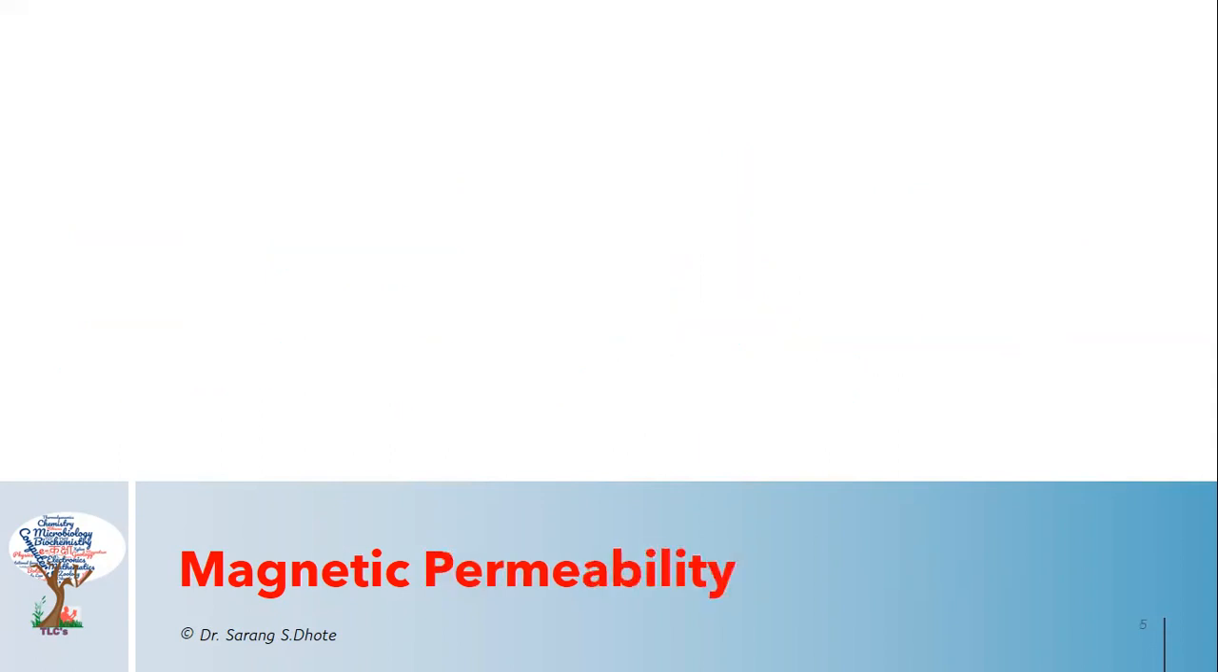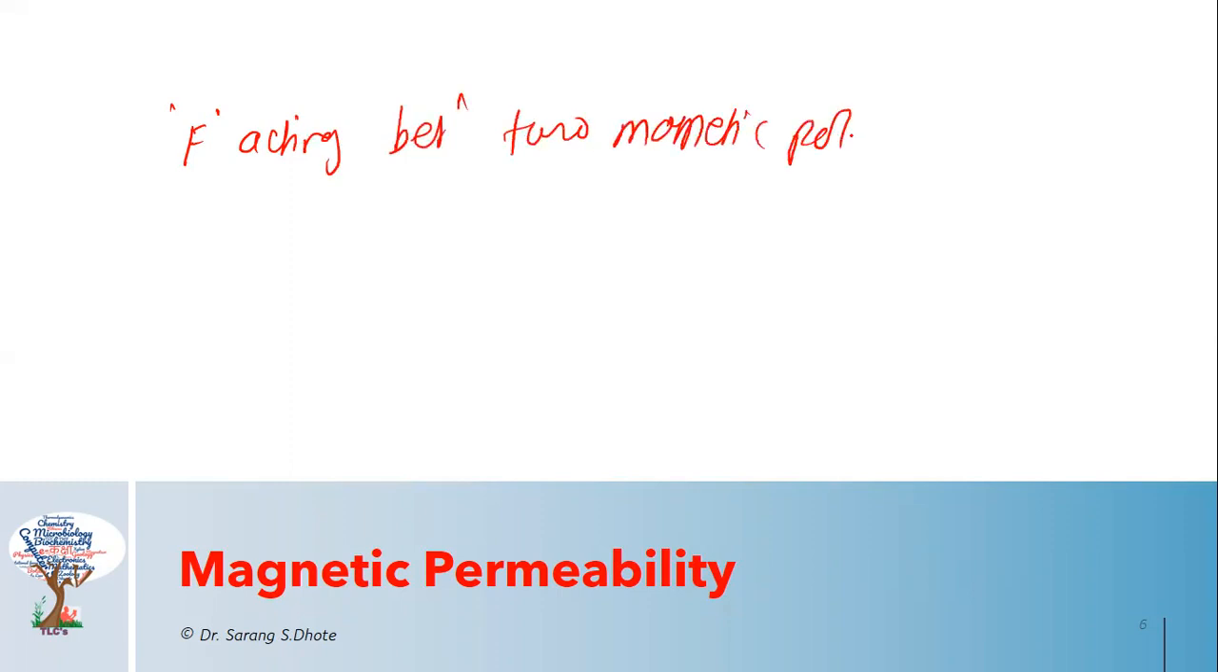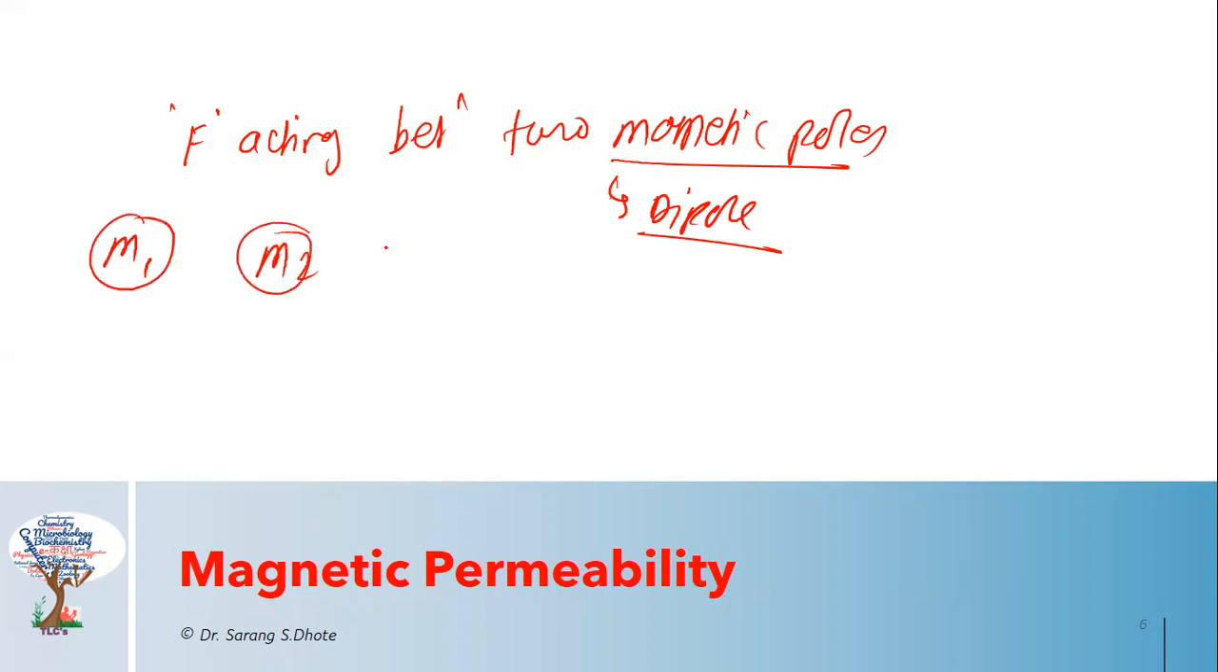Next one is, what is the meaning of magnetic permeability? Suppose a force F is acting between two magnetic poles, also known as a dipole. The strength of each pole is considered M1 and M2. These are the strengths of the magnetic poles. They are separated by